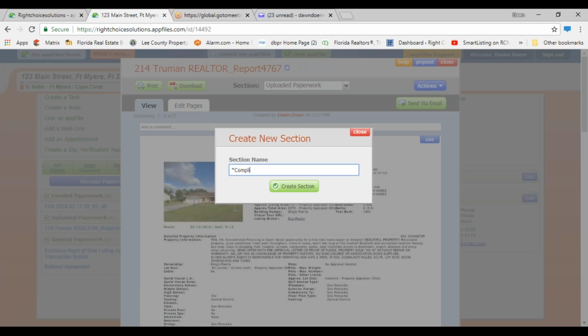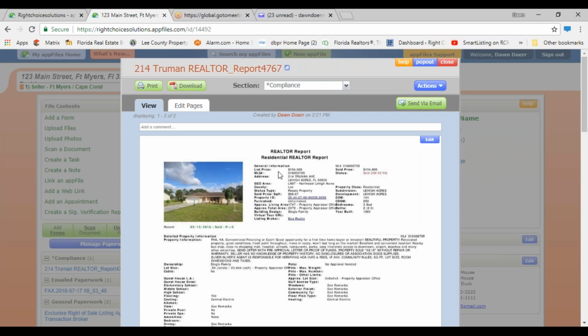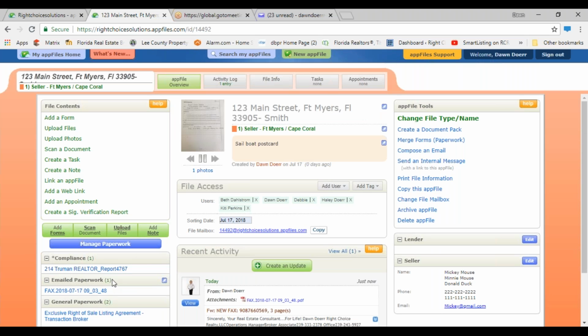I'm going to do this for you when you close and you're going to have a compliance section. The reason for the asterisk is because some agents number sections and this asterisk overrides everything. It is always first. So it brings it to the top. So when I close that, now I have a section that says